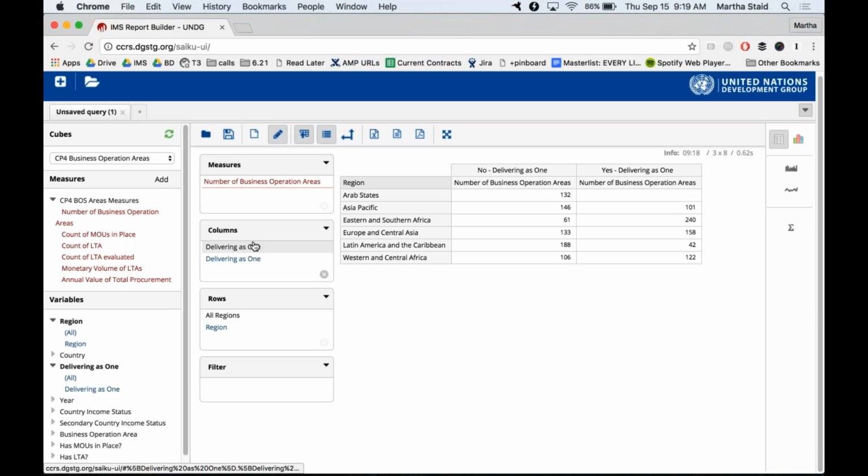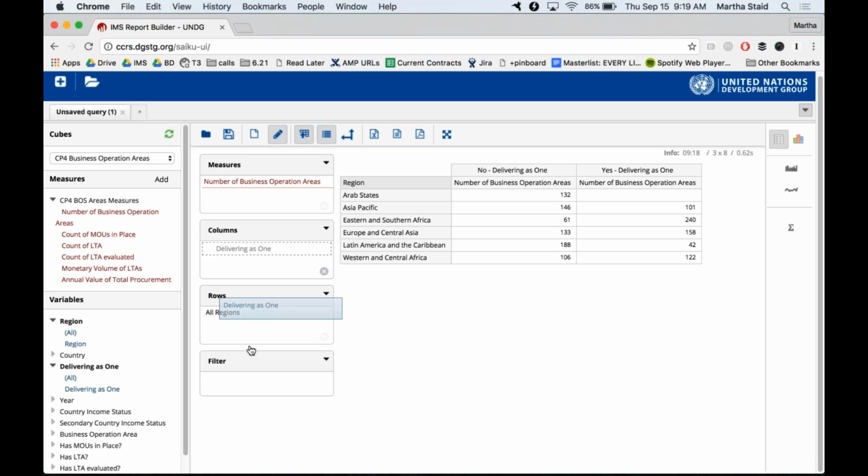So you can see columns, putting that delivering as one metric into columns means that it corresponds to sorting the data by columns. However, I can drag this, and here's where we start looking at the sort of playing field flexibility.